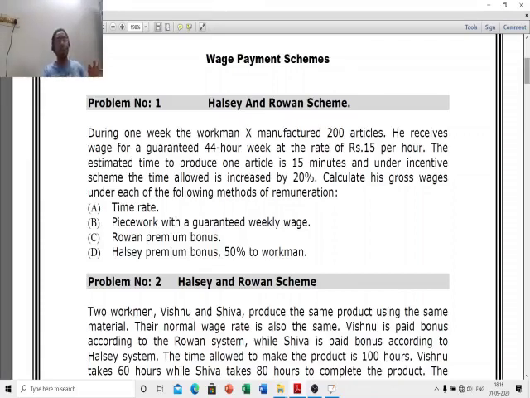Now in this case, how can we use the piece rate basis? It's pretty simple to do this. The only thing that's required is we'll have to infer a piece rate. How do we infer a piece rate? The third line of the question tells us the estimated time to produce one article is 15 minutes. We know that 15 minutes is 1/4 of an hour. So if one article takes the worker 15 minutes to produce, then if he works for 1 hour, he is going to be manufacturing 4 units. So 4 articles for every 1 hour of the worker's engagement.